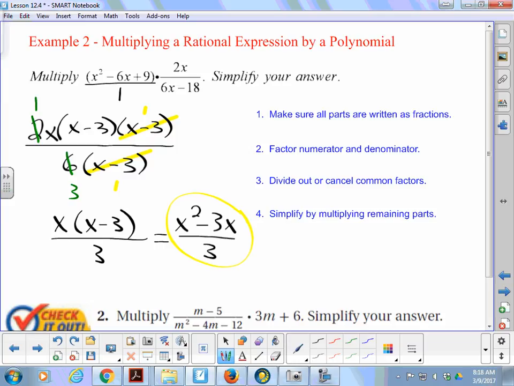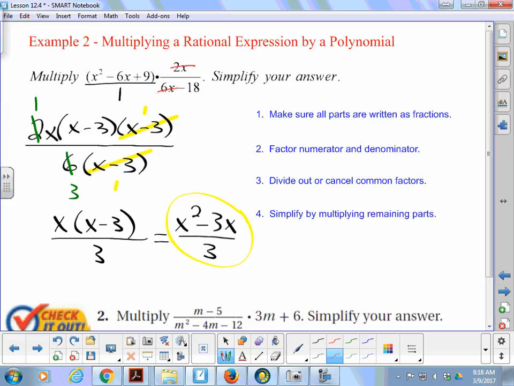All right, so first make sure they're all written as a fraction. Factor anything that you can factor, whether it's, if it's a trinomial, factor that appropriately. All right. The binomial, taking out the 6. All right. And then we can cancel like factors. They have to be like factors. All right. So some people, and this is wrong, I'm telling you about this now, is that